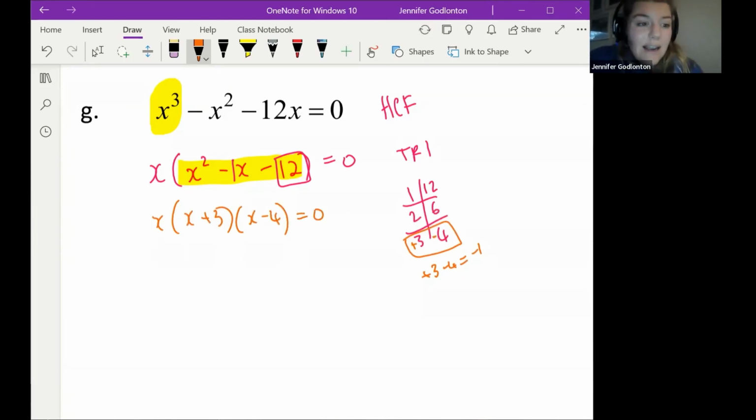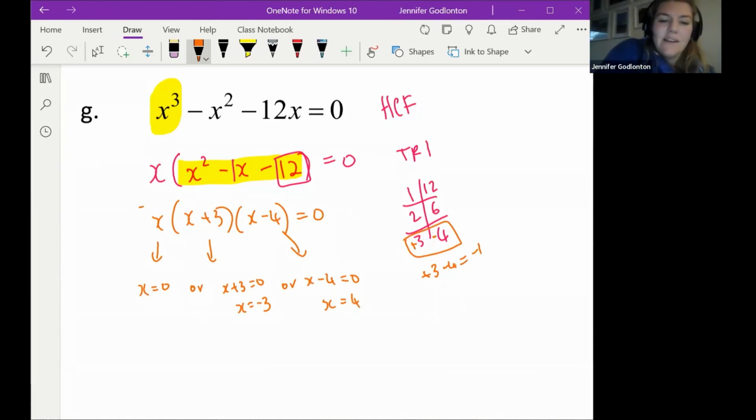And so then I'm left with my 3 answers. My first answer, x is equal to 0, or x plus 3 is equal to 0, which means x is equal to -3, or x minus 4 is equal to 0, which means x is 4. So this is kind of where we started today's lesson. We just had to do one step